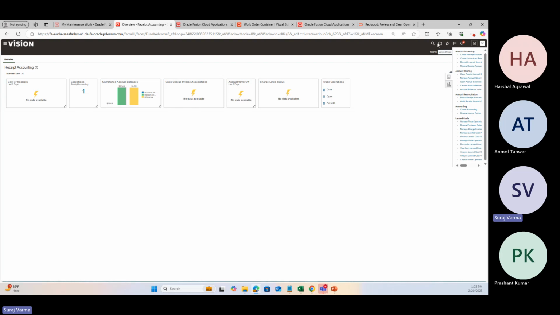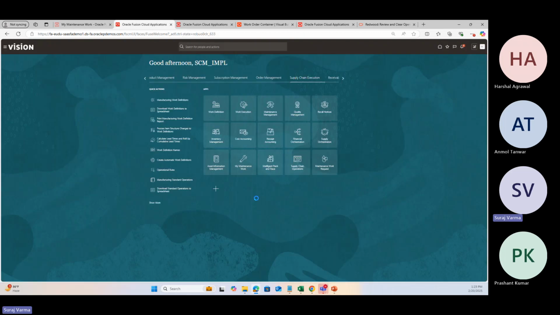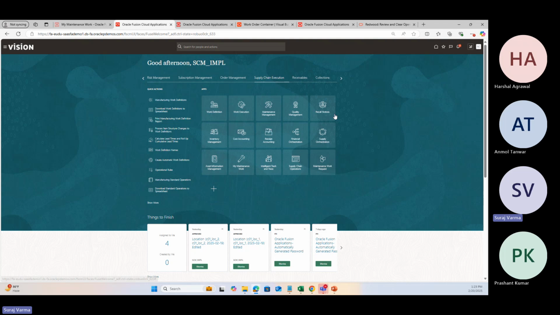So as a manufacturer, when you go into the application, you have those options mainly to generate those shift reports. So here also, when you come to manufacturing or work execution,